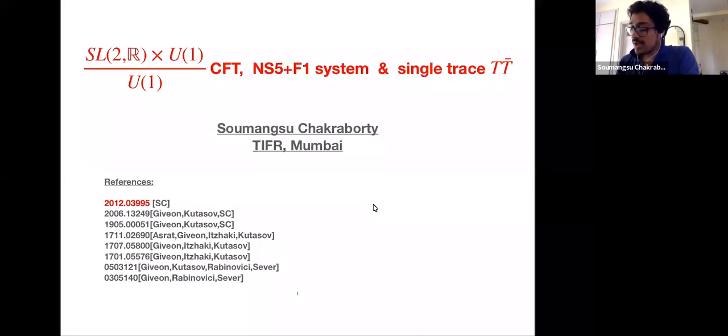So I'm mostly going to talk about this paper that came out at the end of last year, and focus on its content, but I'll also quote results from other papers. Some of those are old results where they talked about cosets and cosets as good string backgrounds. As the title of my talk suggests, I'm going to talk about three